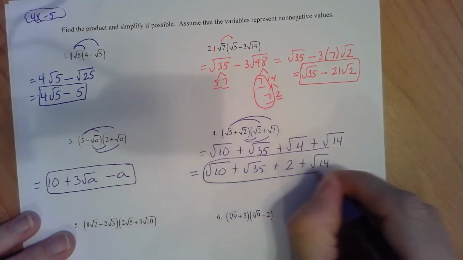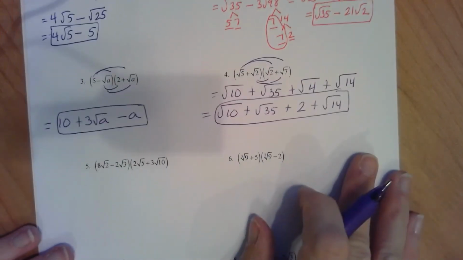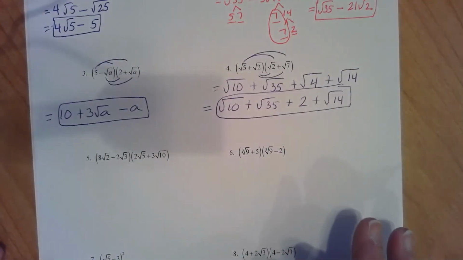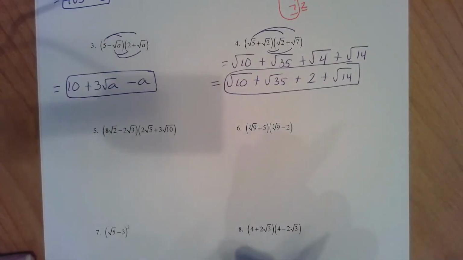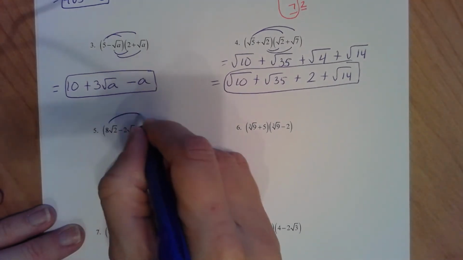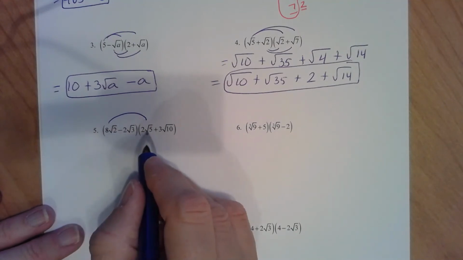There are no like radicals, so we cannot combine anything else. So again, I'm just trying to make sure you realize you have to have like radicals to be able to add or subtract. So looking at number 8, we'll multiply numbers outside times numbers outside and numbers underneath times numbers